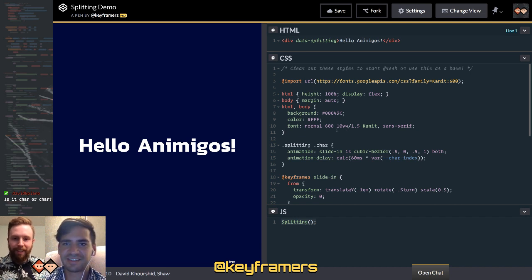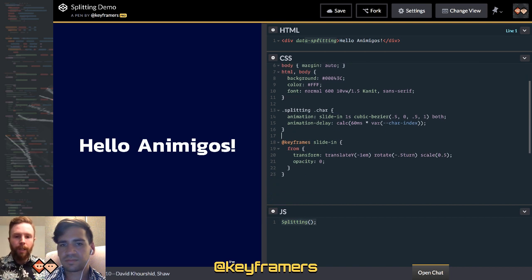Yeah, great. So by default, there's no animation actually included with Splitting. It simply splits elements that have that data-splitting attribute, or you can target them in specific ways, and then you add all your own animation. Now you can use JavaScript libraries if you want. Splitting will actually return some arrays of elements and all of that for you to use. However, you don't need to do that because you can just use CSS.